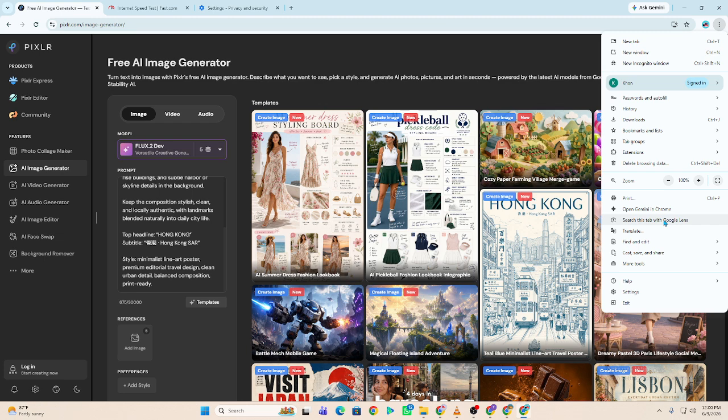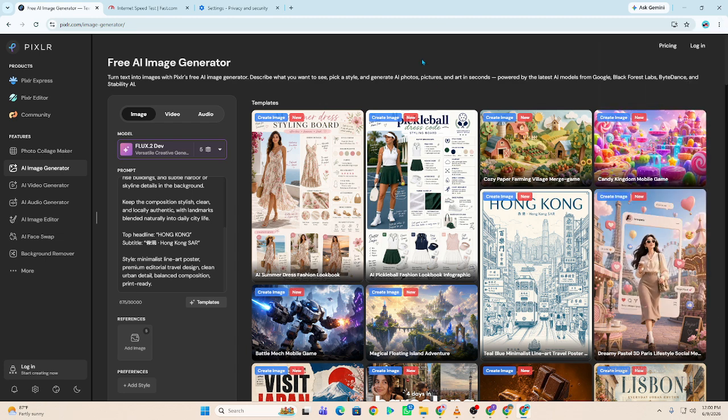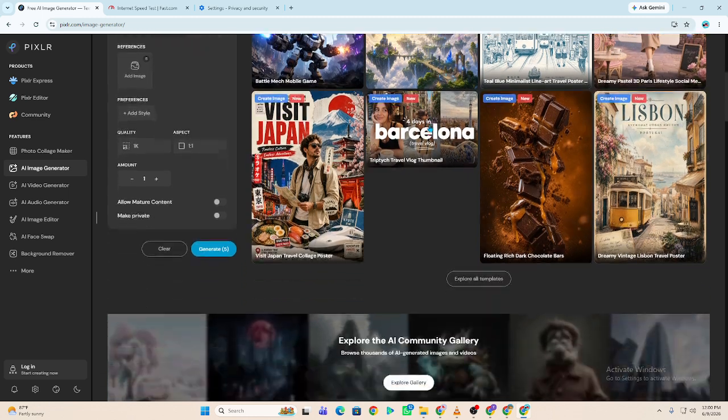And that's how to fix Pixlr template not loading in 2026. Most issues can be solved by refreshing the page, clearing browser data, disabling extensions, or